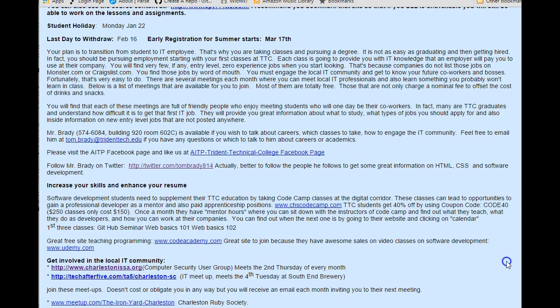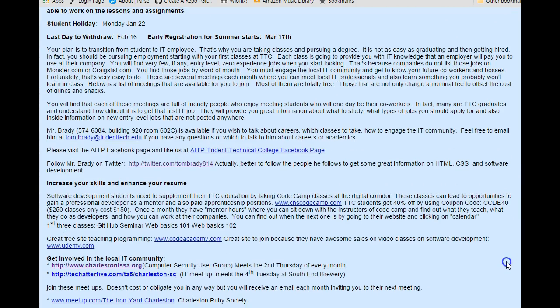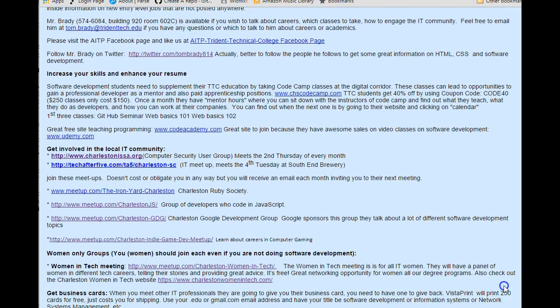The last part of this is very important also. Go down and read all this down here, but the most important thing I want you to take away from this is you should be looking for your first job starting this semester if you haven't already started. You can't wait till you graduate. If you wait till you graduate, you're going to find that you're 18 months behind in your search, and you probably will